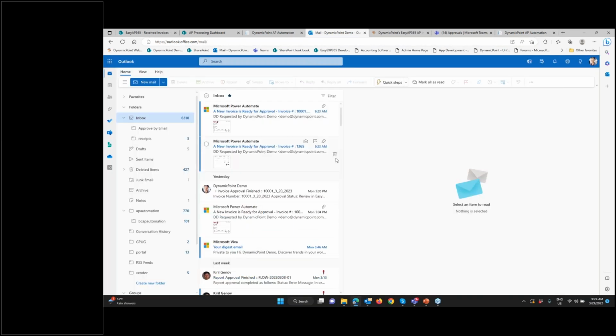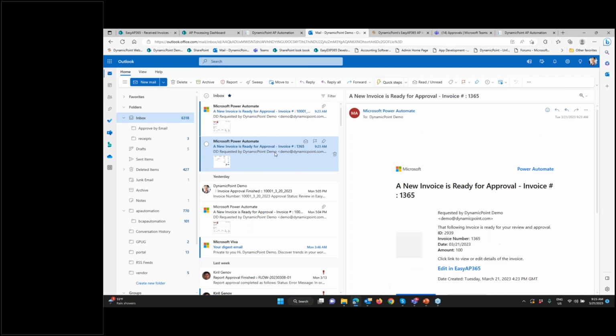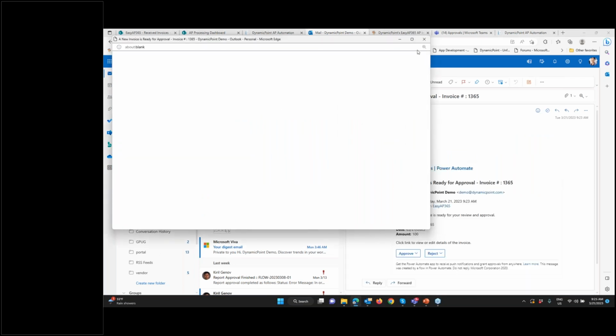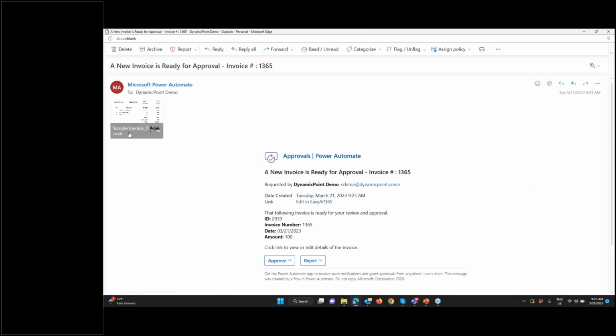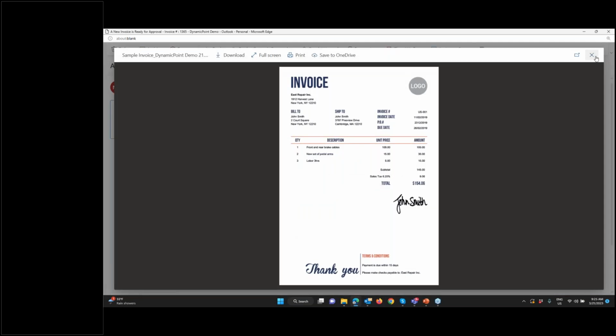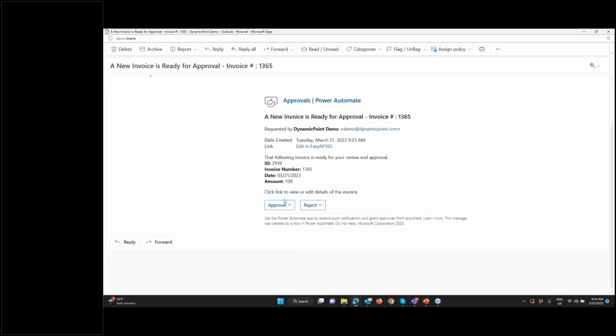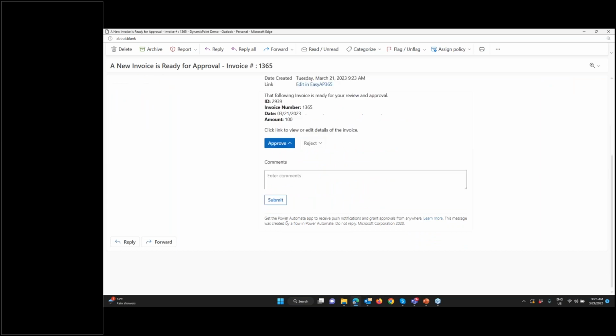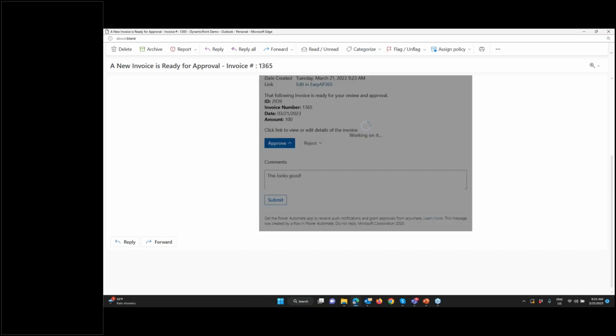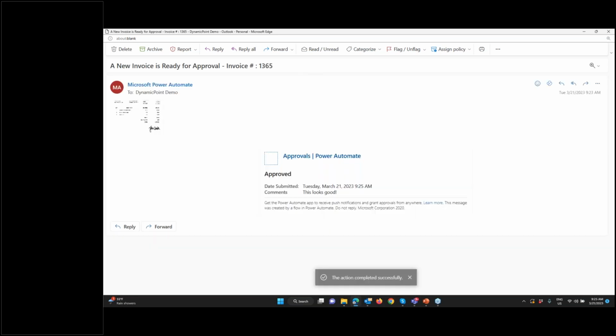If I go back to my email now, those emails have come in, and I have that same task presented to me in Outlook. So my reviewers could have the image associated to it. So this is the invoice itself. On the notification here, you can see we've put some of the key data like the invoice number, the amount, etc. And then they could approve or reject it directly from the email. They don't even have to leave Outlook. So whichever one you choose to do is really up to you,